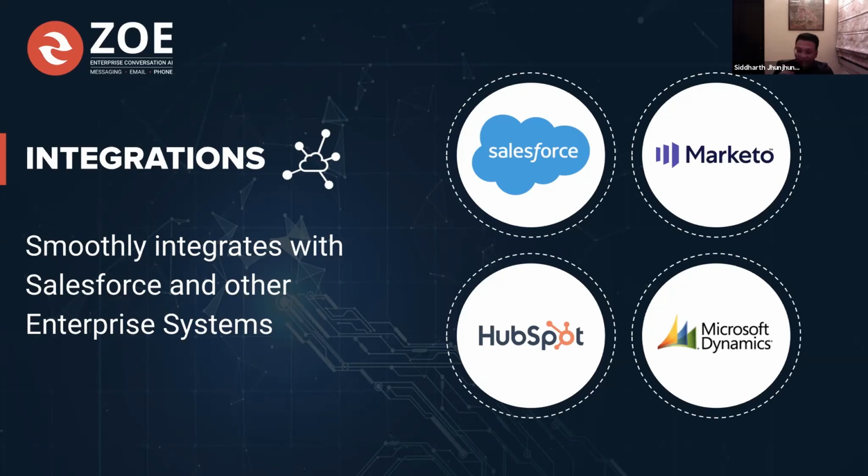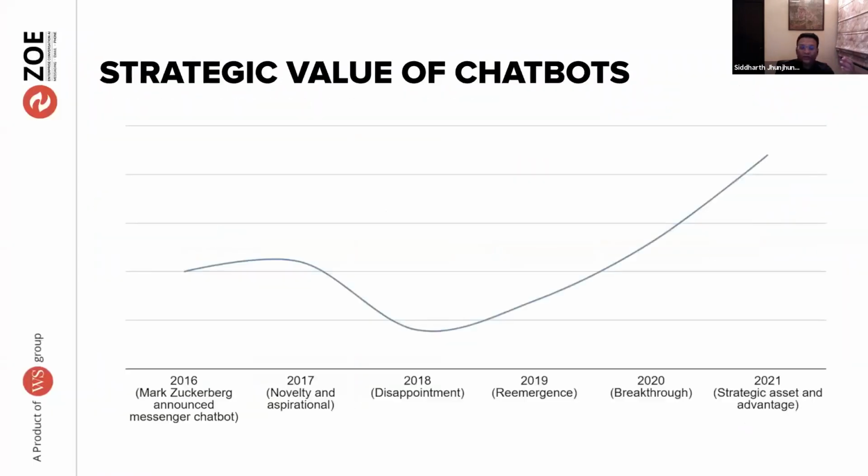So even in our case, for example, for all these malls, the shopping times change, the catalogs change, new shops come in, new products come in. So we are actually connecting to APIs to get live data and caching it for the bot users. So it's really important. Without integrations, you would go back to 2018. Because when it doesn't really do anything, most of the time it cannot fulfill my